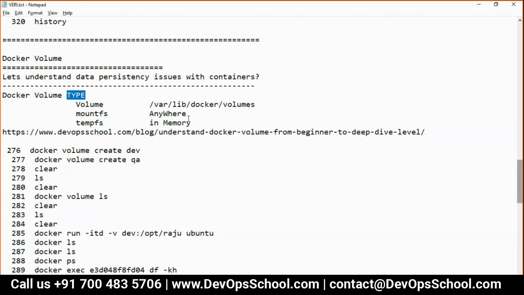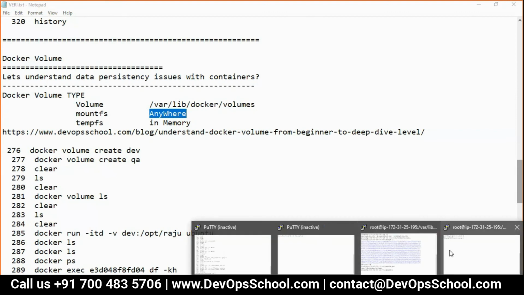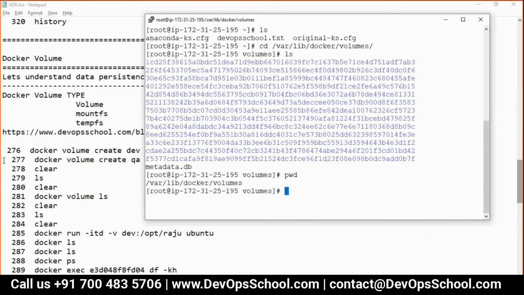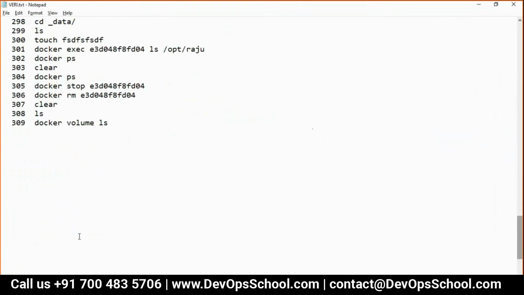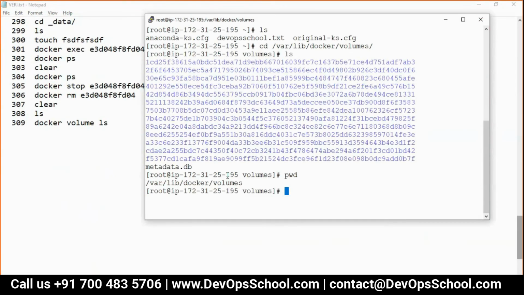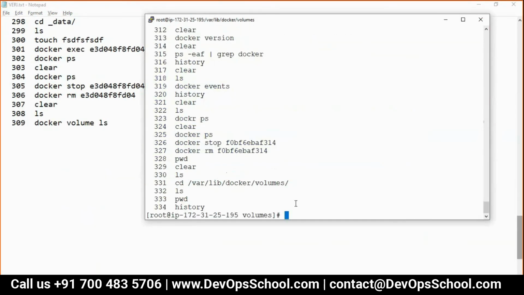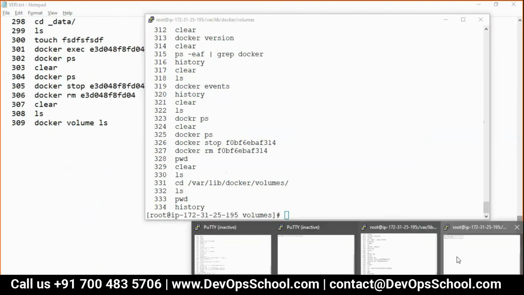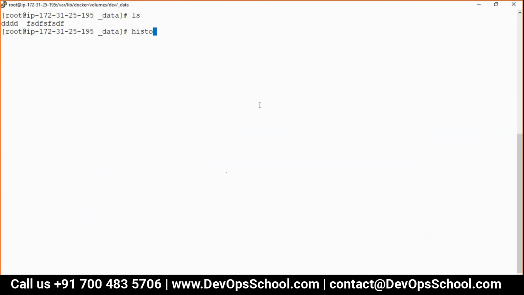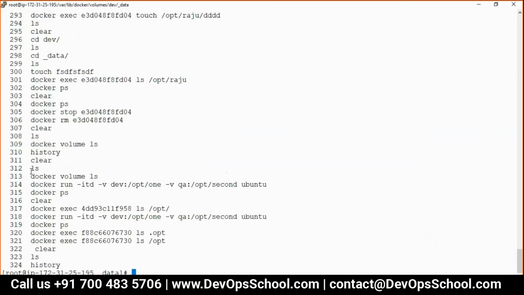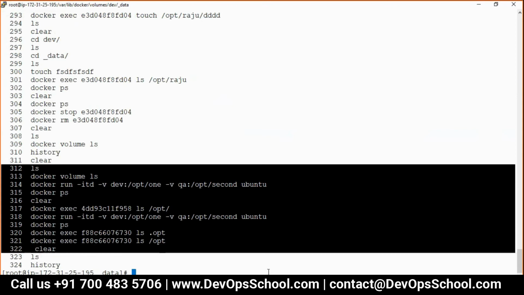Now there is one disadvantage with this volume. The disadvantage is it's always stored in the volume location. So can we mount it anywhere in the system? Yes, that is also possible. So let me do that for you. So here, let me have those commands. First,